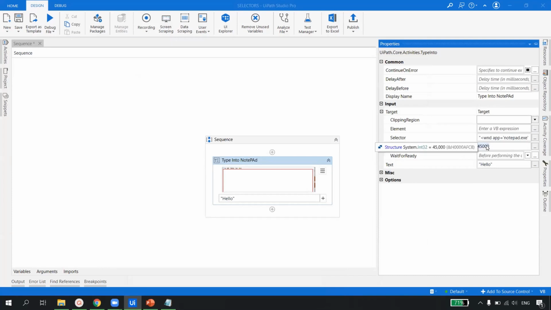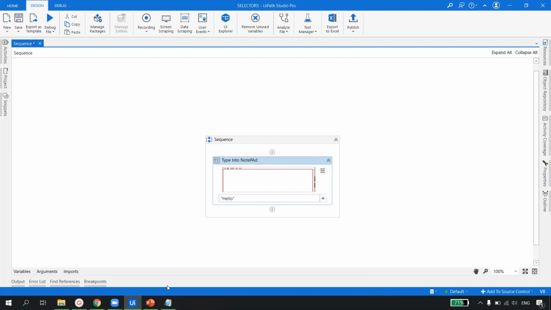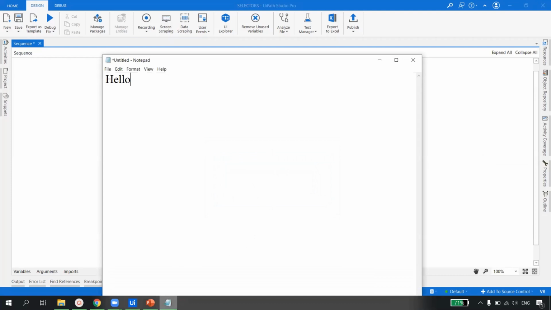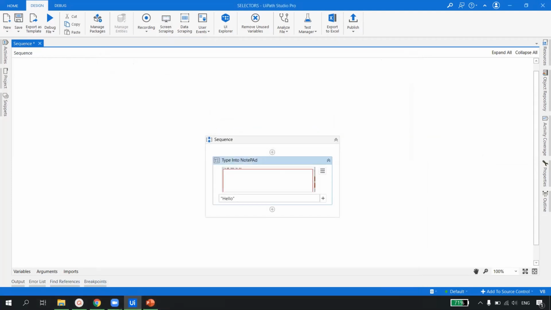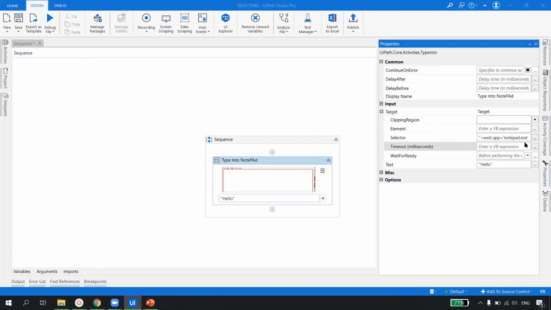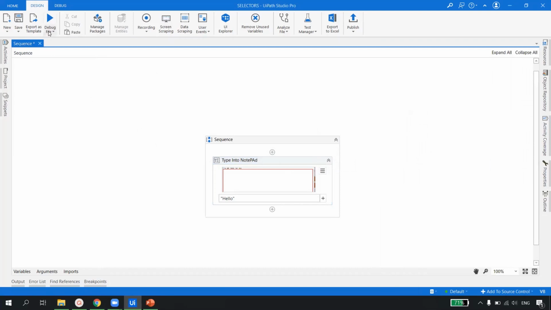Now what is happening in your case? Your automation is breaking. Let's say I have instructed UiPath to type into the notepad, but the notepad is not available now. Is the notepad available on the screen? No, right? Now if I go ahead and run this automation, what will happen? Let us go to the properties and see. We are telling UiPath to type something here, right? Let us just run the file.